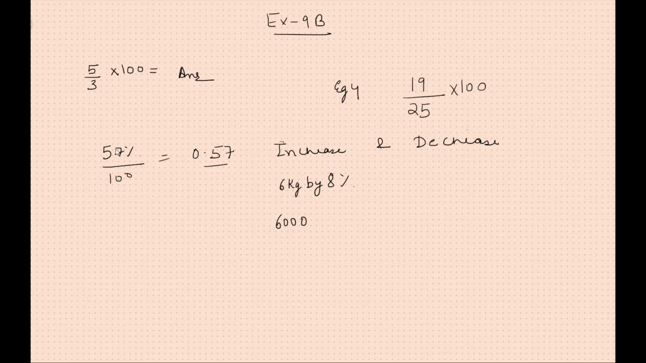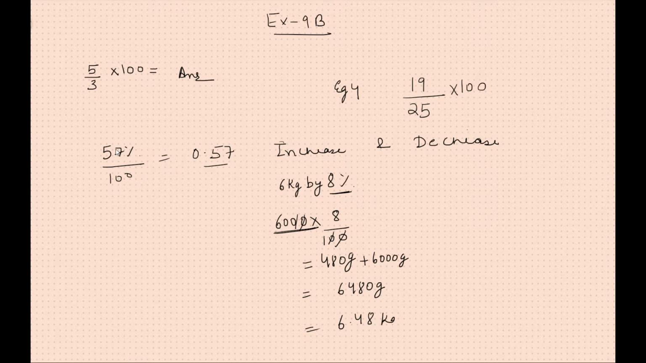6000 grams. So first we need to find the 8% of 6 kg. So what will it be? 6000 into 8 divided by 100. What we are doing is converting this whole number into the percentage by multiplying. So it came out to be 480 grams, plus 6000 grams. So the answer will come out to be 6480 grams,